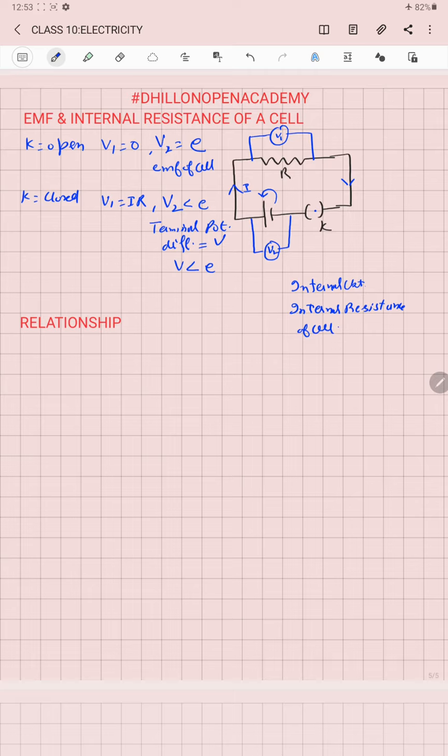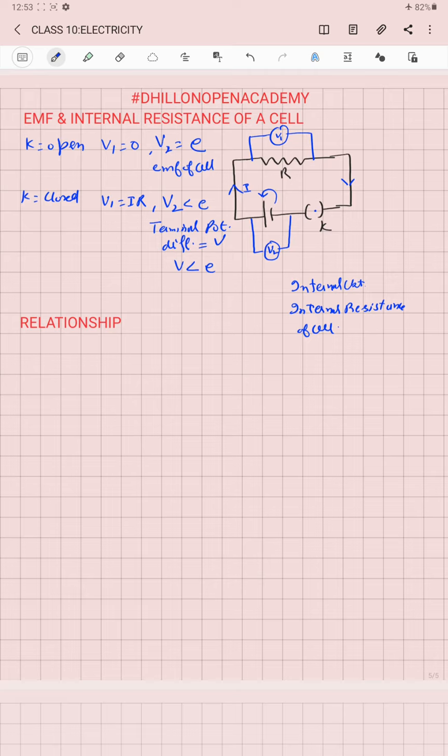It is a very important feature of the cell because every cell will contain electrolyte which will contain positive and negative ions. So whenever current is flowing, they will always be colliding with each other and they will always be producing some amount of internal resistance. So internal resistance will always be present in the cell and it will increase as the cell is used up. So an older cell will have higher internal resistance, and a new cell will have a lesser value of internal resistance.